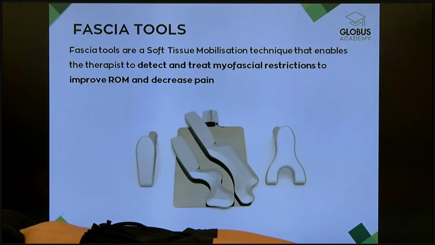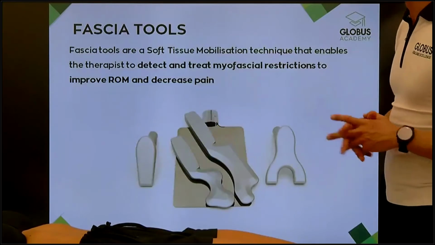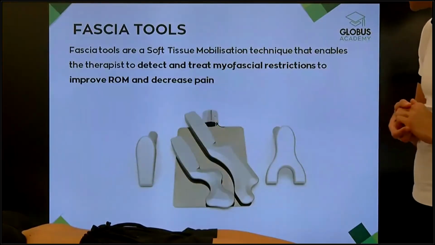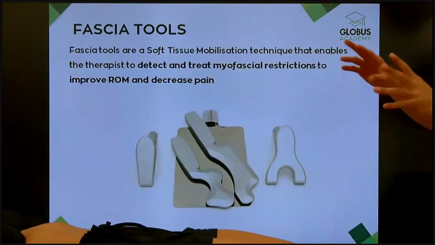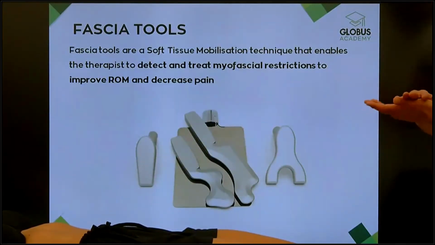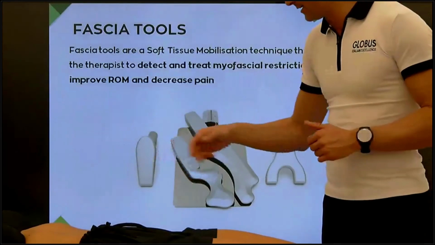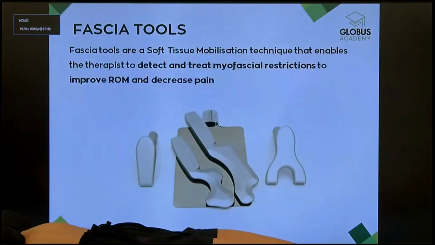Okay. Well, what about the fascia tools? We started last time applying the fascia tools on the lower limb, and these are tools to detect and treat myofascial restrictions. There are the two blades that are more similar to the fascial abrasion technique, and the other ones, the DIACARE and the DIA-spine, for mobilization.